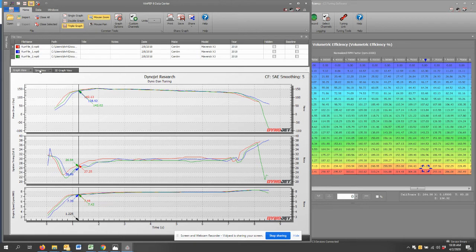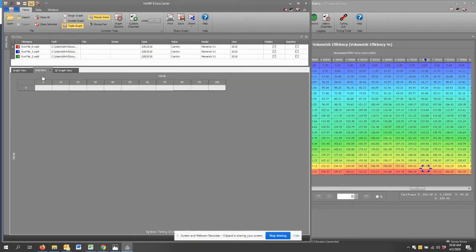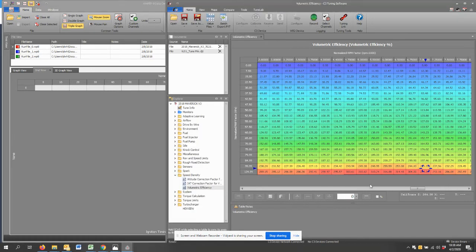There's another display here, which is called grid view. So grid view I find to be very helpful. And I want to share with you a trick to help you review data and again, make better decisions on your tune as you go through your tuning process. So here's the trick. From Dyno Dan to you, hold your control key on your keyboard,